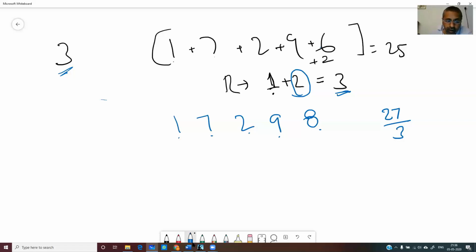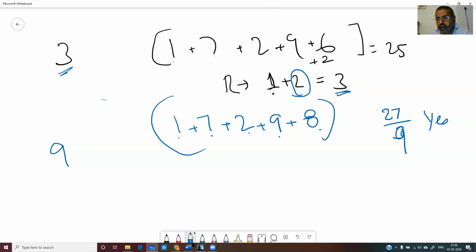Now what is the rule for 9? 3 and 9 we need to know. The same rule: you add up all those digits and you get 27. Is 27 divisible by 9? Yes. So obviously this whole number is also divisible by 9. So the rule for 3 and 9 is the same. You add up all the digits and divide by 3, or 9. It's divisible, or you can find the remainder, or you can find what should be added to make it an exact multiple.